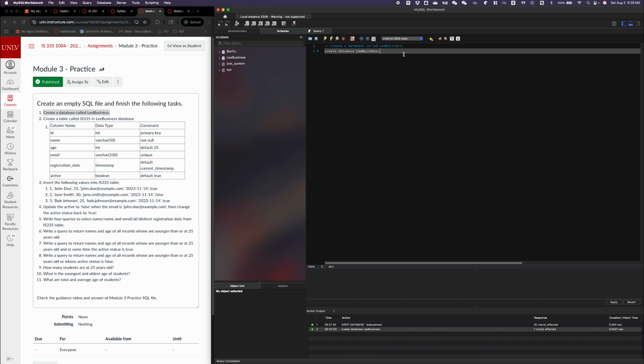And then the next step I wish you to remember is, since I created the database, it doesn't mean I'm actually in this database right now. Like you can see, there are 4 different databases I have: Benyu, lead business, post system, and then the system, right? So if I want to make sure I'm actually using this database,